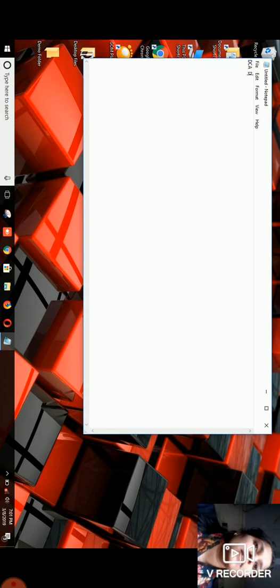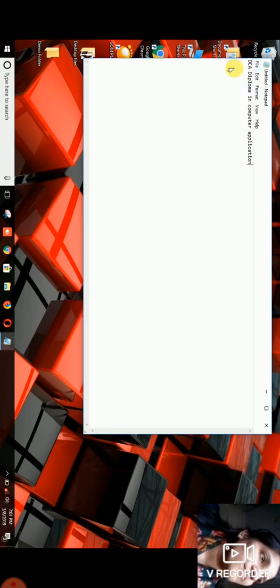Now here I have typed DCA, that means Diploma in Computer Application. Students, instead of this you can write information about yourself. Once our file has been created, first of all we have to save our file. We are going to go to the File option, or if using Microsoft Office Word, you can use the Office button for saving your file. So here I'm going to save my file, Save As.